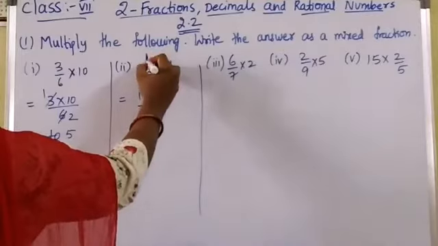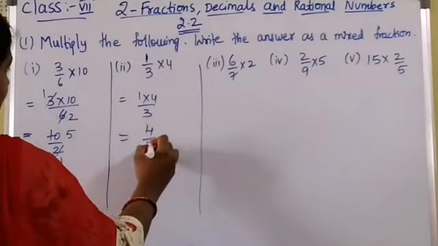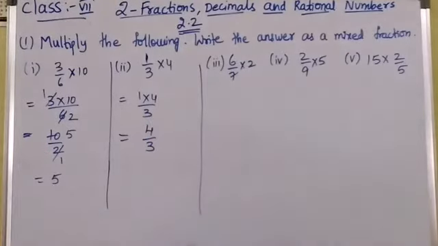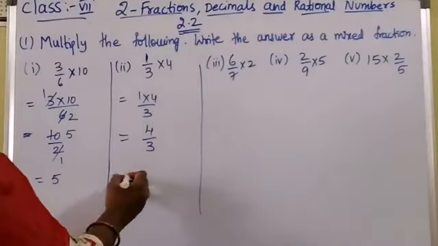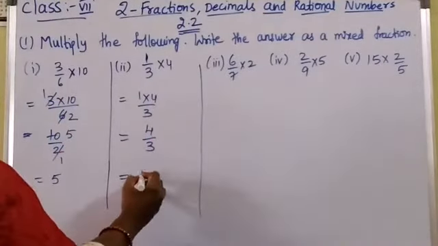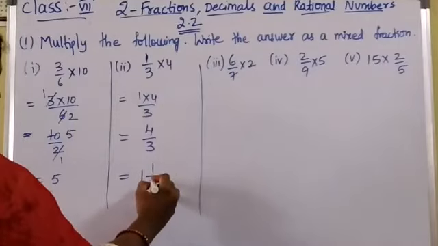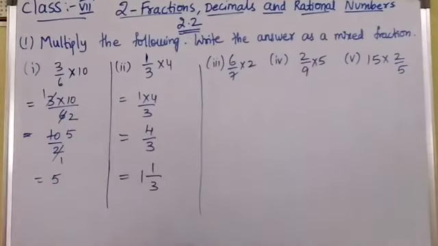Multiply this numerator of the fraction with the whole number. So 1 4s are 4 by 3. 4 by 3 is what type of fraction it is? Improper fraction. They are asking you to convert into mixed fraction. So 3 how many times? 3 1s are 3. 1 left over, 1 in the numerator and 3 in the denominator. 1 1 by 3 is the answer. Coming to next one.